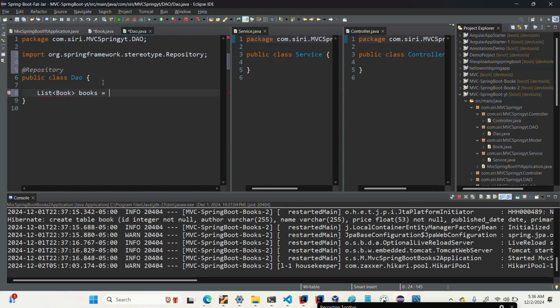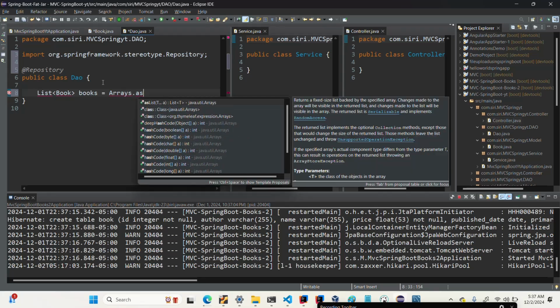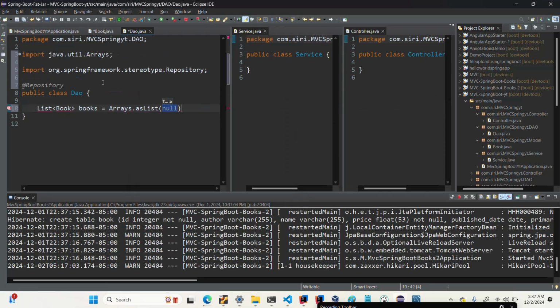So list book, we have already implemented a book class, and let's say we will say Arrays.asList, and we will